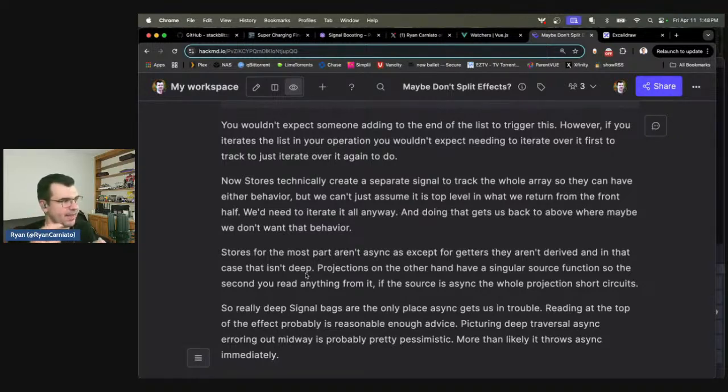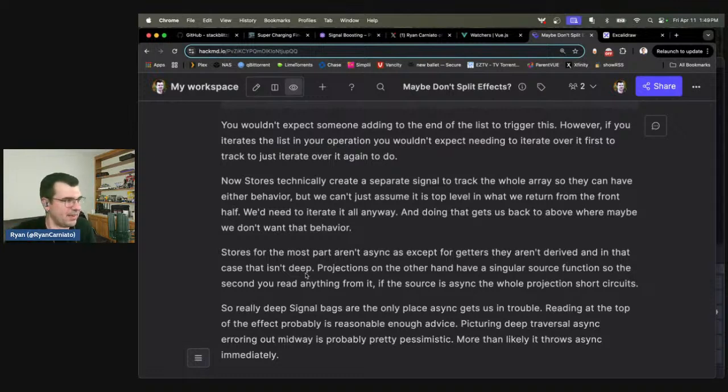So you can say, hey, I'm reading this data and I'm projecting out this thing. And in that case, every property of the projection is tied to that asynchronicity. It's not like, as you're exploring through the depth of the store, you're going to suddenly hit something randomly async. It's either going to be able to process the store as a whole or not, based on whether it depends on something async. So from that side, there is a saving grace